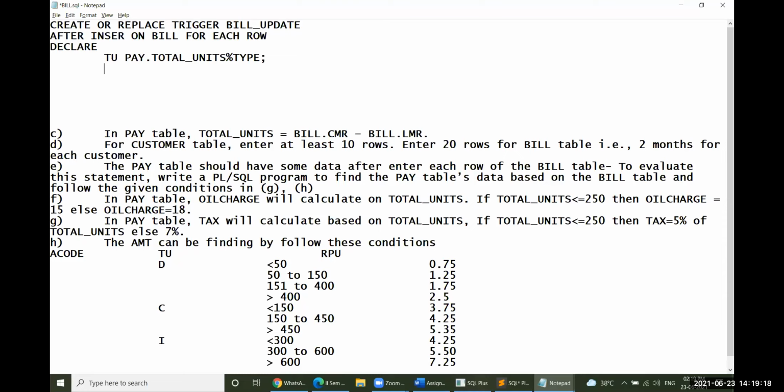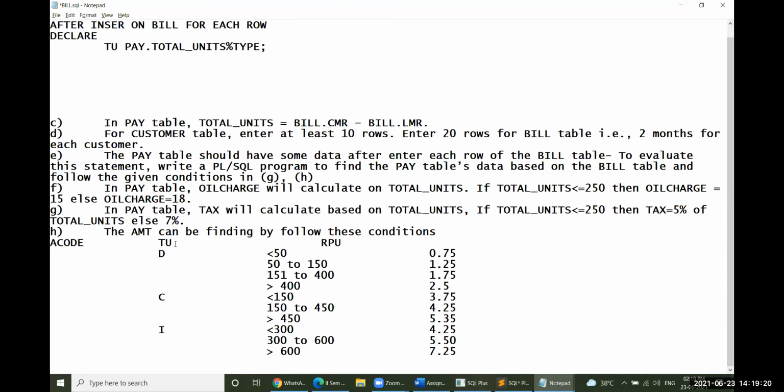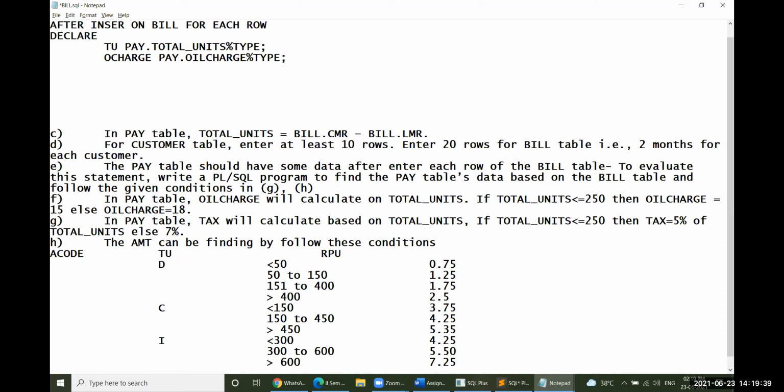And the second variable, variable number 2, is OCHARGE, the oil charge. OCHARGE is PAY.OCHARGE%TYPE. This is the second variable, and probably some more elements are there.